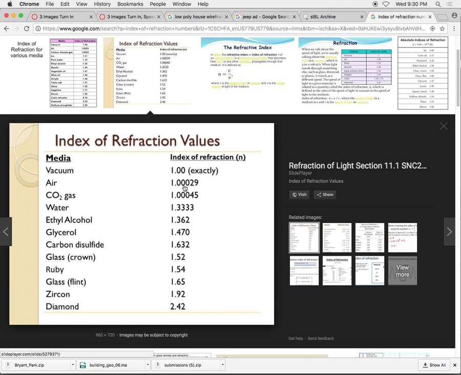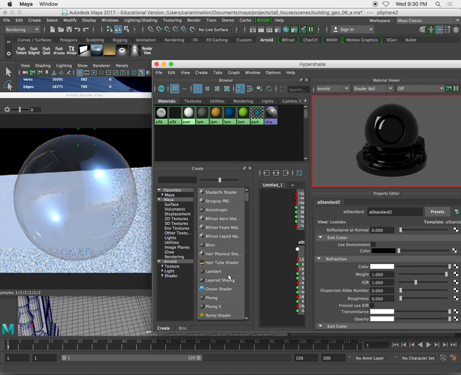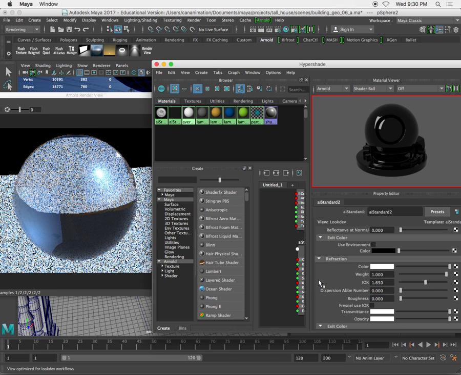Essentially, air is 1. Glass is at 1.65. So if I change my index of refraction to 1.65 and hit enter,